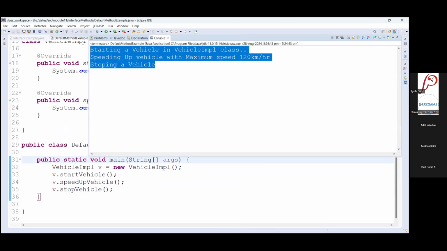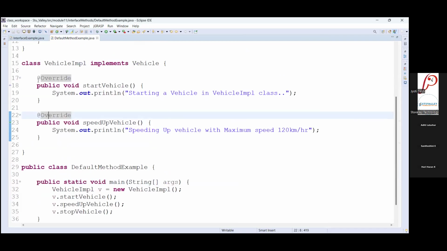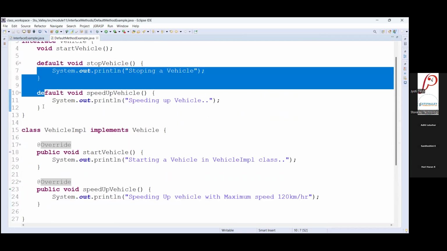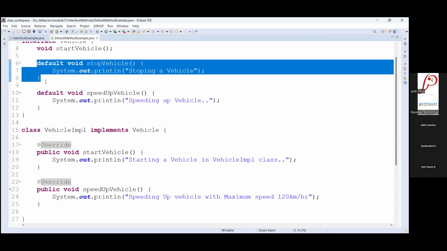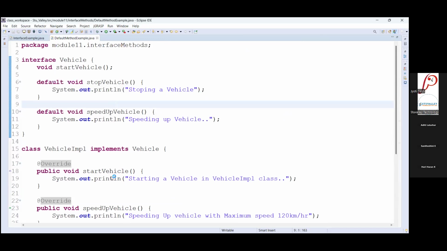So if that class is not providing implementation to any of these default methods, then it will use the same implementation provided in the parent interface. Clear the use of default keyword, default methods, why we use default methods. Any doubt in this?